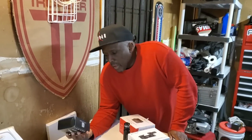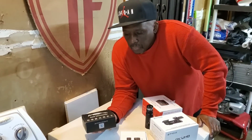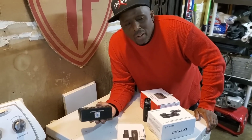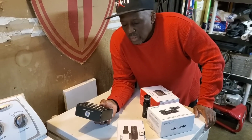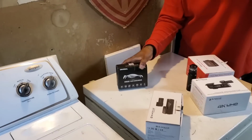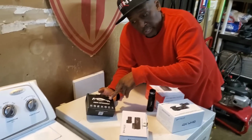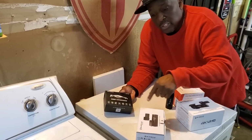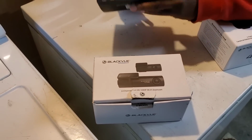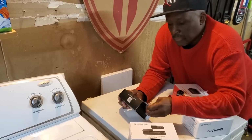And so I bought it, and it came from China, and it took like 3 months to get here. To make a long story short, I bought 2 for $100, but they only shipped one, and I fought with PayPal for months and months over this. So finally I just chopped up the loss, and I kept this one, and they paid me the money for the other one. But why I bought this one was because on the Instagram video, they're showing a BlackVue camera, either this one or the 790 or whatever it was. So I was like, shit, I'll buy 2 of them for $100, and then I'll just sell that one. Well, I got this one, and like I said,